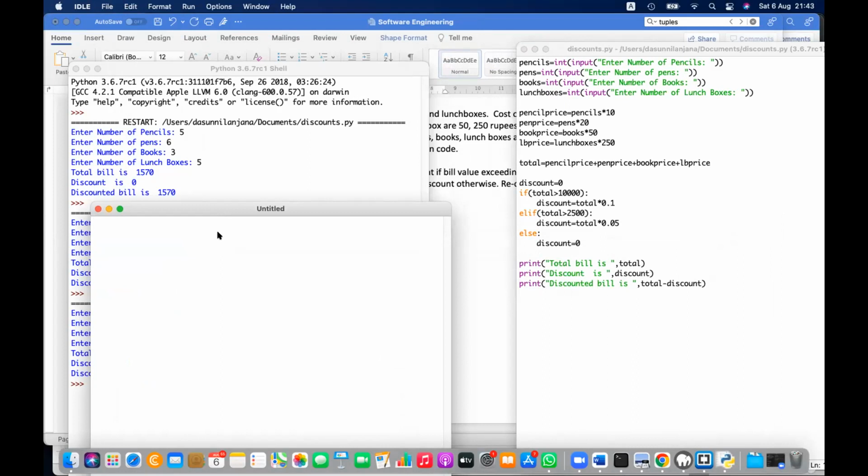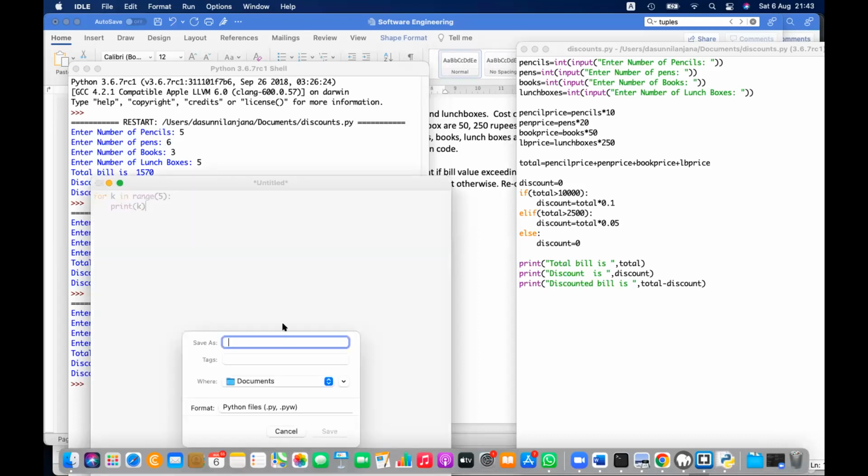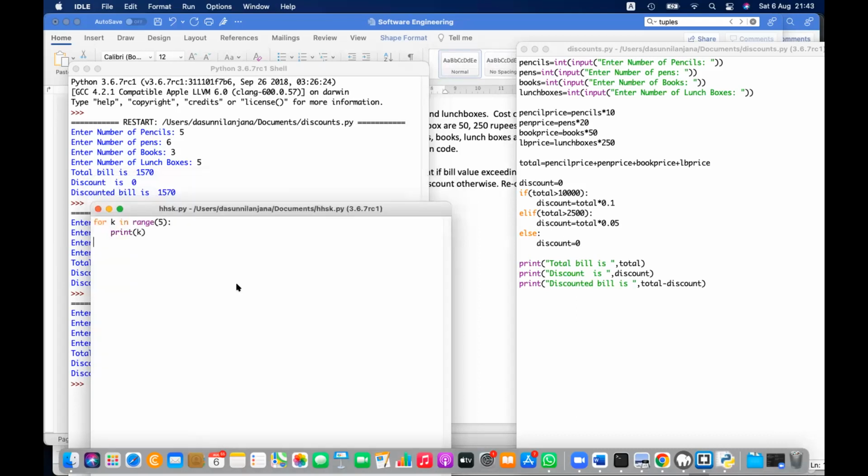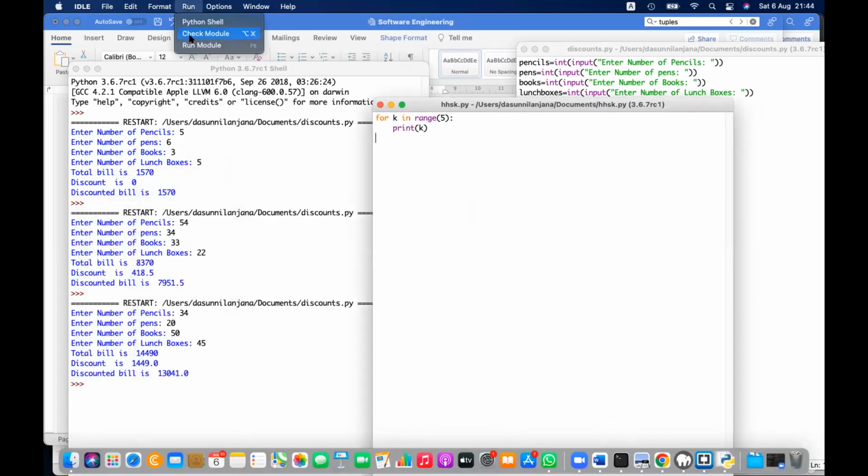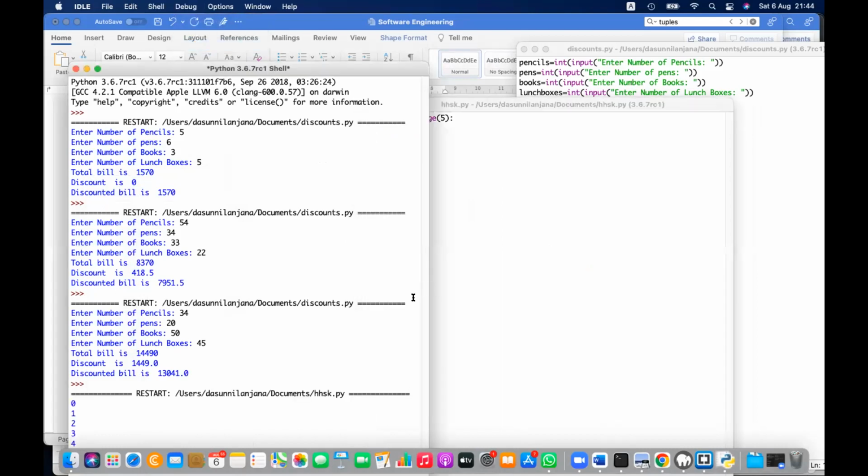So let's start with a for loop, for k in range, printing 5 asterisks. I have just printed the asterisk 5 times, each line. If I print k, what will happen? Let's see that first, and then you will understand properly. Let's execute it, and you can see the output is 0 to